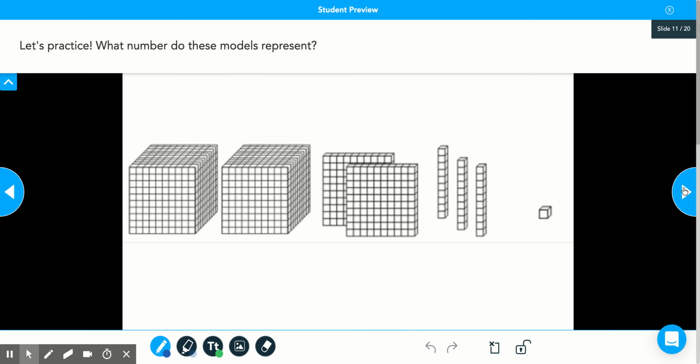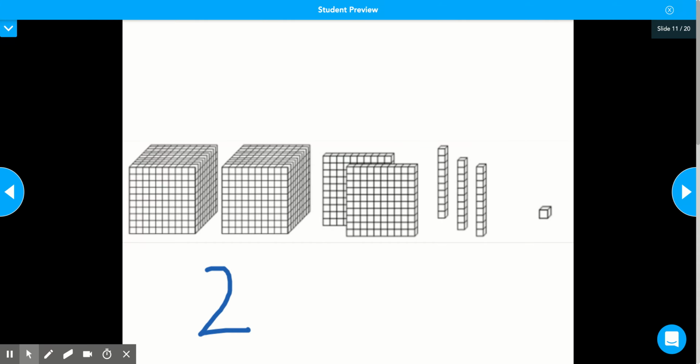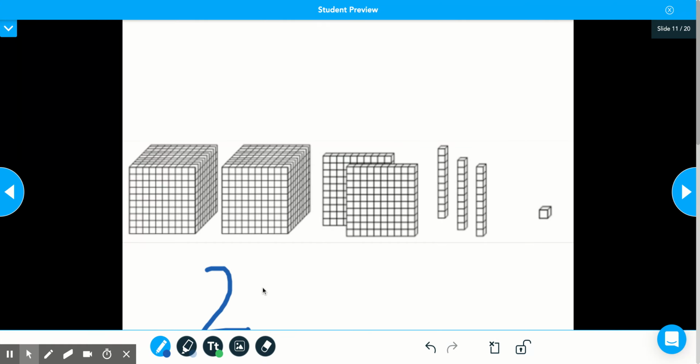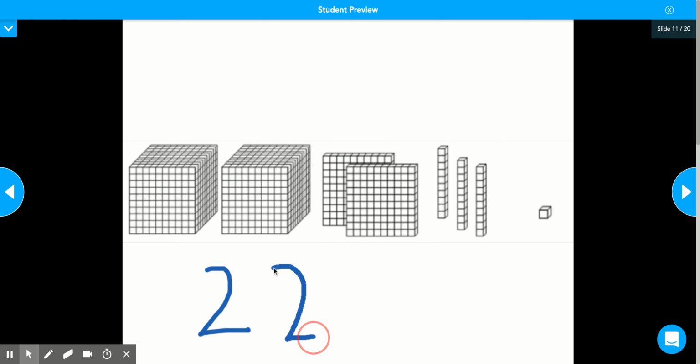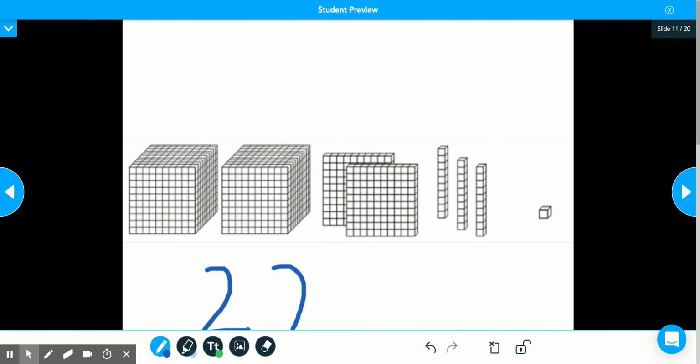Write out in digit form what this picture of base 10 blocks represents. So, as we can see, in this particular set of blocks, there are 2 thousands blocks, which would represent 2 thousands, which the first digit in the number would then be 2. Then we notice that there are 2 hundreds blocks, which would represent 200, which is the second digit in the number, 2. Then we can see that there are 3 tens blocks, which would represent 30, which is the third digit